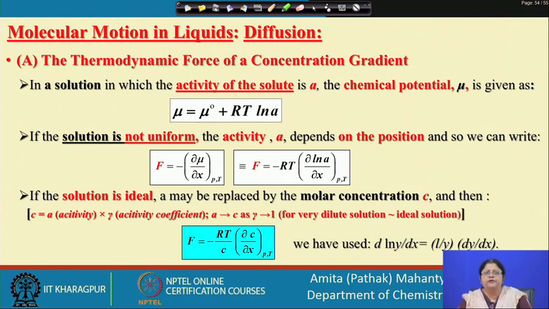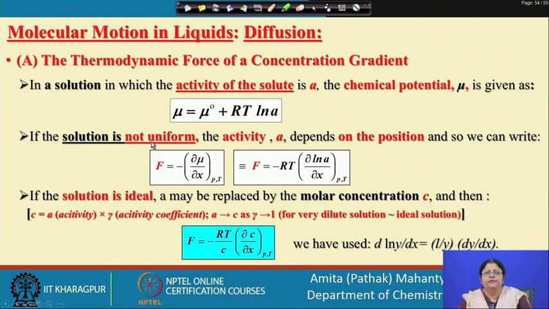Suppose the solution is not uniform, which means it is not homogeneous. If the solution is not homogeneous, then the activity of the solute will be dependent on the position in which it is located. So, if the solution is not uniform and the activity at one location is different from the activity at the other, then